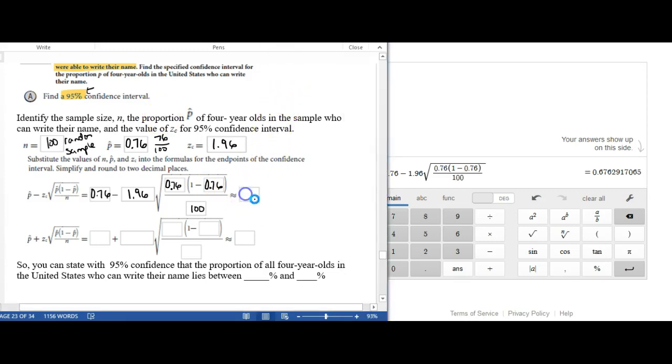Okay, 0.6762. I'm not going to write the whole thing, but maybe the 4 digits that come after the decimal, just so it could be as accurate as possible. Again, let's plug in some values. So our p-value